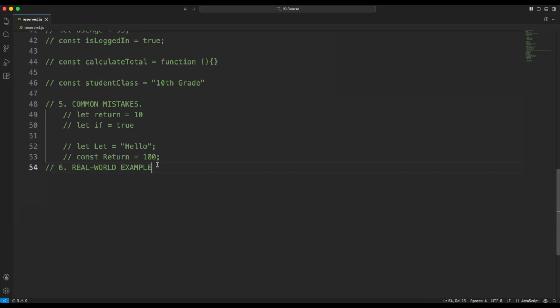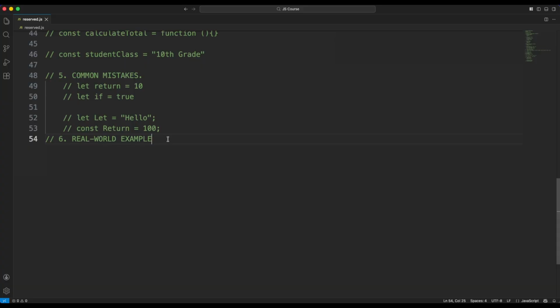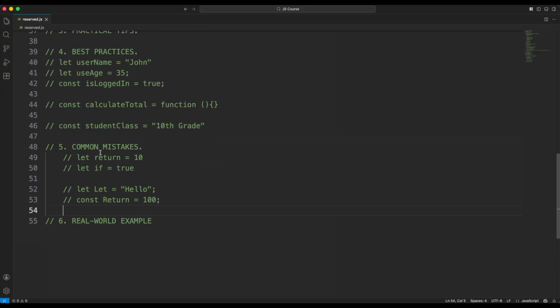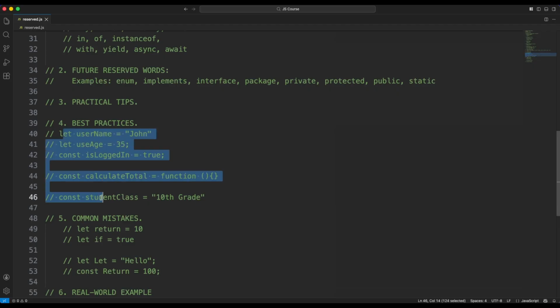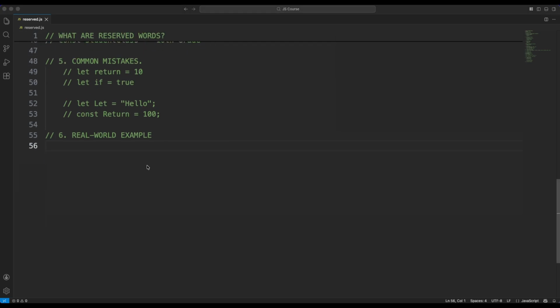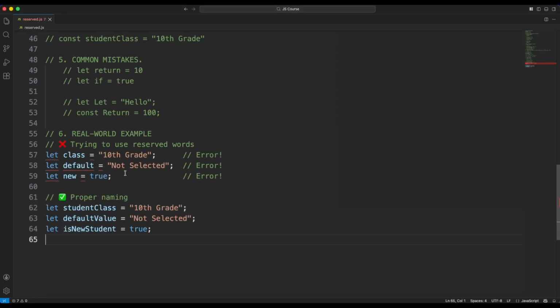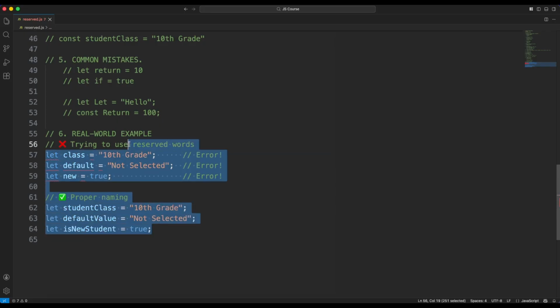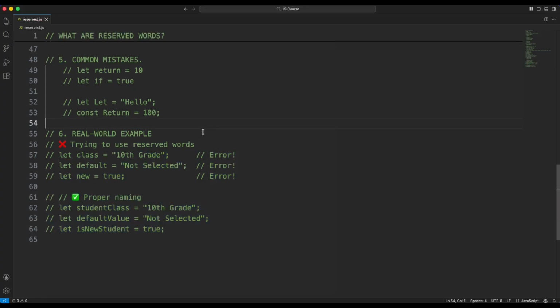Now let me show you some interesting real world examples. We already saw some, and this also works in the real world, but I can show you a little more examples, so it could be helpful for you. And this will be this. Okay, those are errors, and proper naming will be like this. So you must follow this, and it could be helpful for you. And just practice, because when you practice multiple times, these variable names automatically set in your mind. Okay,